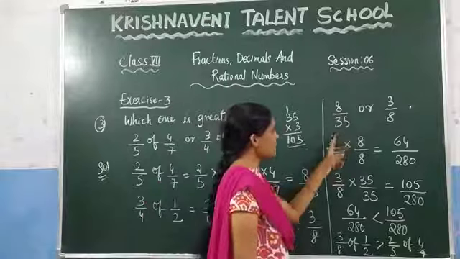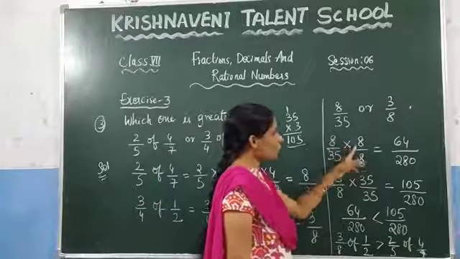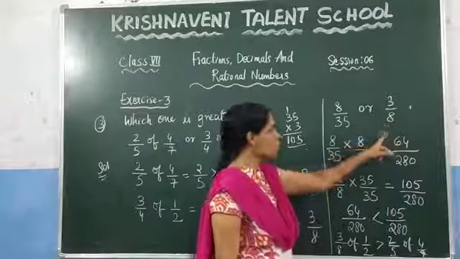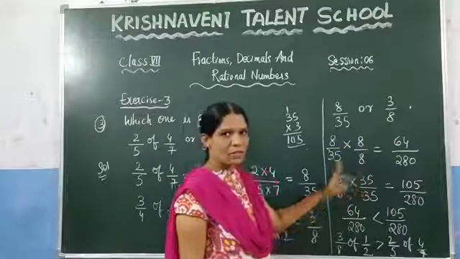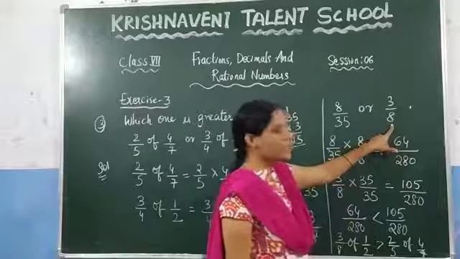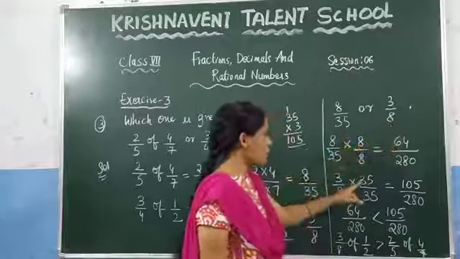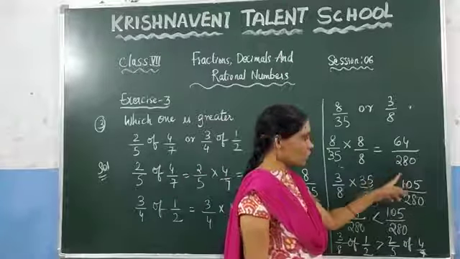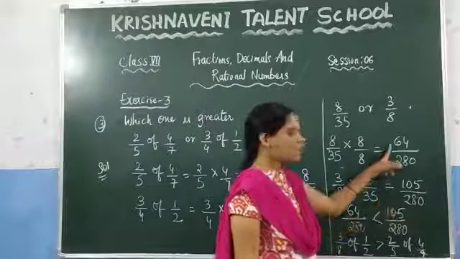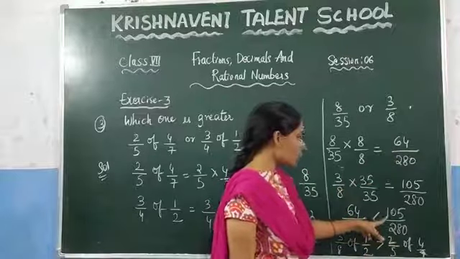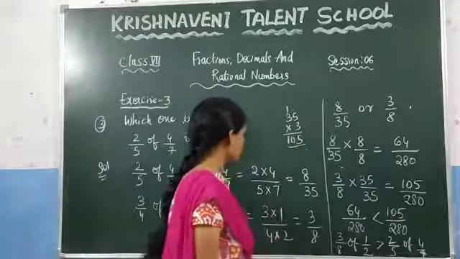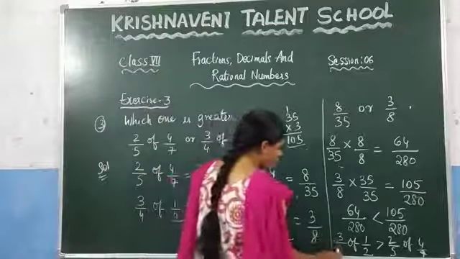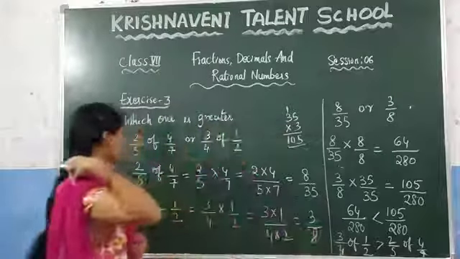You have to take this fraction and multiply and divide with the other fraction's denominator. What is the other fraction's denominator? It is 8. So you need to multiply and divide with 8. Similarly, take this fraction and multiply and divide with the other fraction's denominator, which is 35, so 35 by 35. After that, you can observe that the denominators are equal. You can compare the numerators, and 105 is the greatest one. So you can see that 3 by 8 of 1 by 2 is the greatest. This is the answer. The problem is completed.